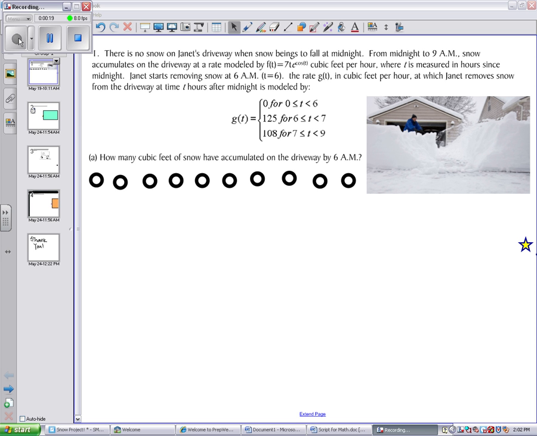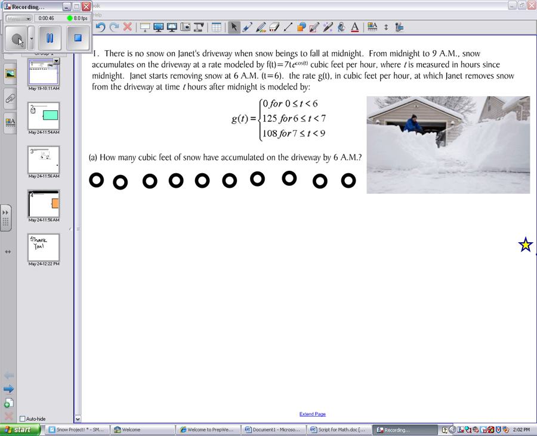When t equals 6. The rate, g(t) in cubic feet per hour, at which Janet removes snow from the driveway at time t hours after midnight is modeled by g(t) equals 0 for 0 ≤ t < 6, 125 for 6 ≤ t < 7, and 108 for 7 ≤ t < 9. The first question we will be answering is how many cubic feet of snow have accumulated on the driveway